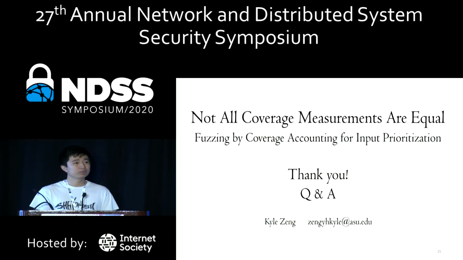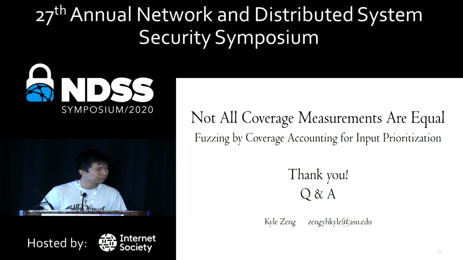Thanks. Great work. This is Hong Hu from Georgia Tech. I think the point of coverage accounting is that you think the coverage is not equal. Some are important and some are less important. So you should focus on the most important one and ignore others. But it's very interesting to see you still evaluate the coverage at the end to measure the effectiveness of TortoiseFuzz. So can you explain why you still use this metric?